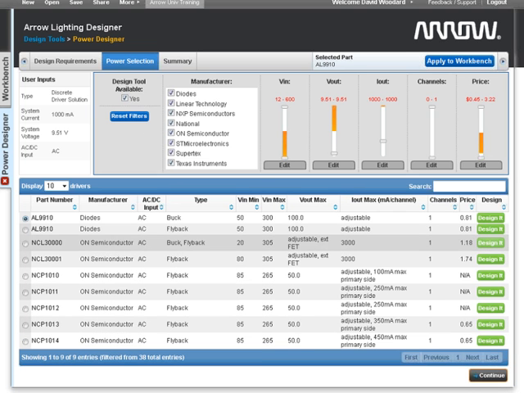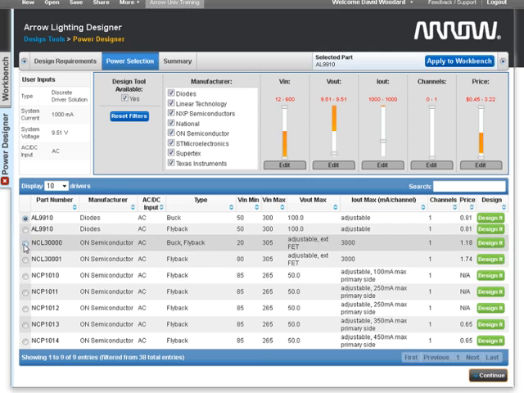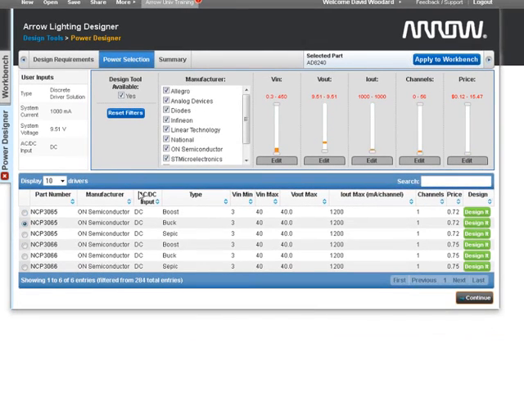So for any of these green buttons that you see, we have the ability to click on Design It. So if I come down here to this, say, onsemi part. So what we're going to do here is choose this onsemi buck converter, and we can see that we can do a design with this. So if I click on this green Design It button,